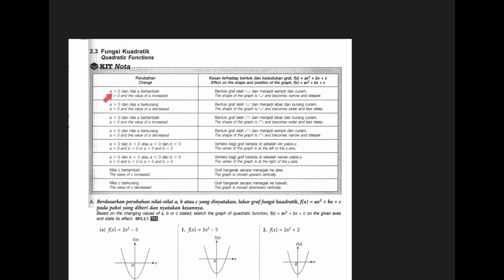Now the coefficient of x squared, which is a. If a is greater than 0 and the value of a increases, you should expect the shape of the graph to be a smiling face graph and becomes narrower and steeper. So if a increases, the graph is getting more and more steep. For example, let's say